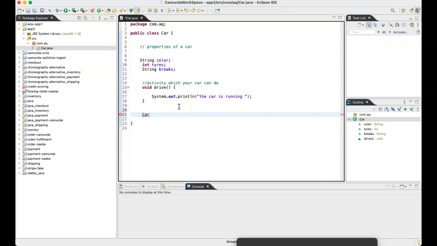I'll say car, and then let me say this is Maruti, and then I'll say new of car. This is just a syntax using which they will create. Don't worry about what the syntax is and all.